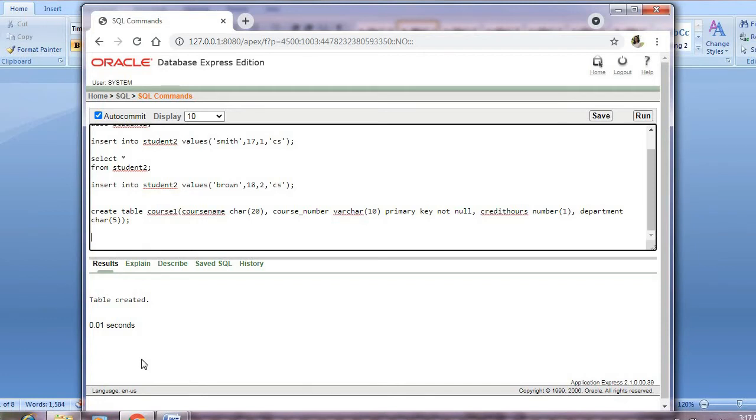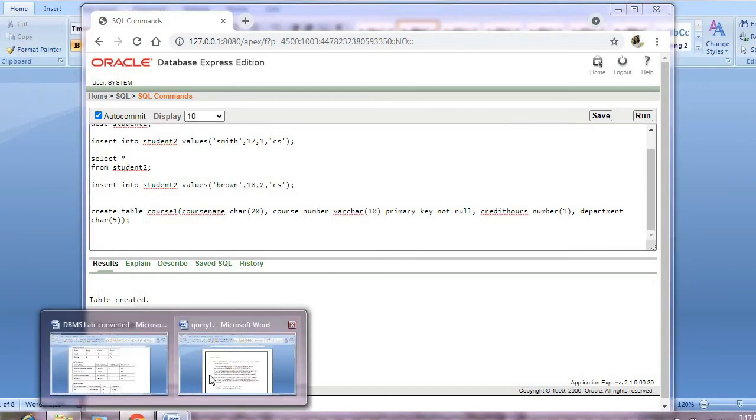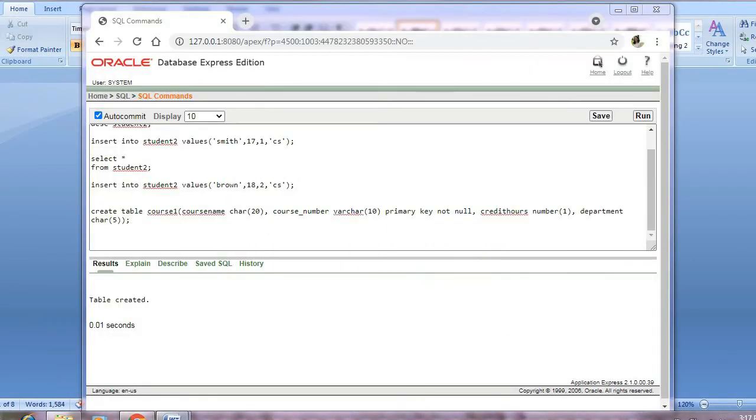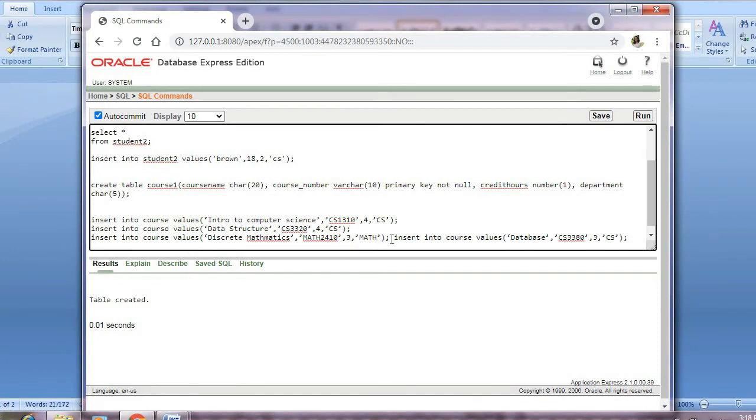I'll enter one by one record. I have entered already 4 records. The first record is insert into course, but I have created a table course 1. So I'll make it as course 1. Okay. For that first, and I'll give the values to it. I have to insert the values or records to the course 1 table. I'll enter one by one. But I've typed all the insert statements at once, so I can do like that also.